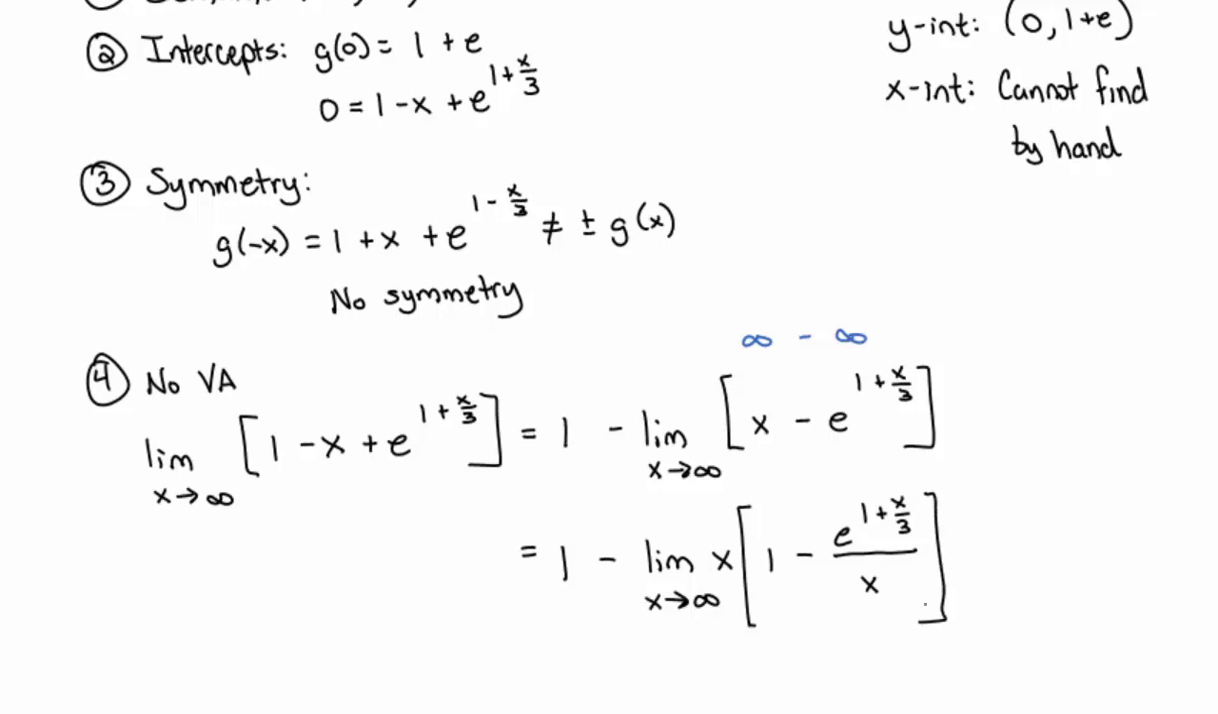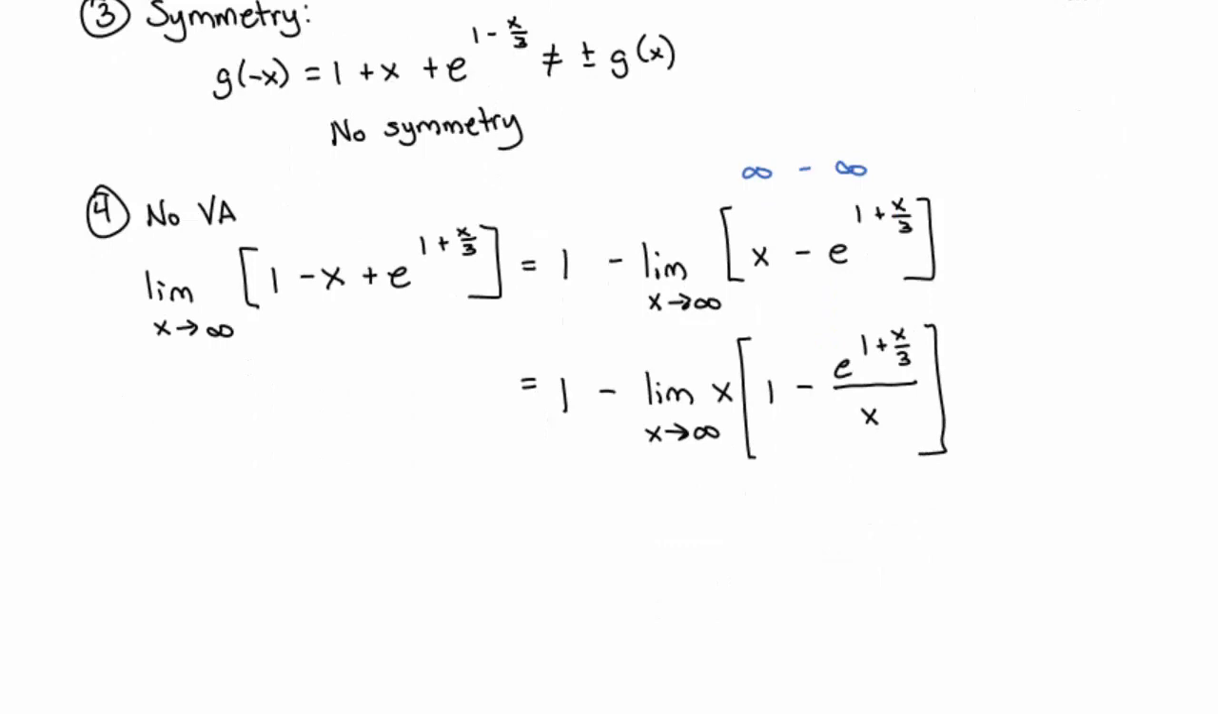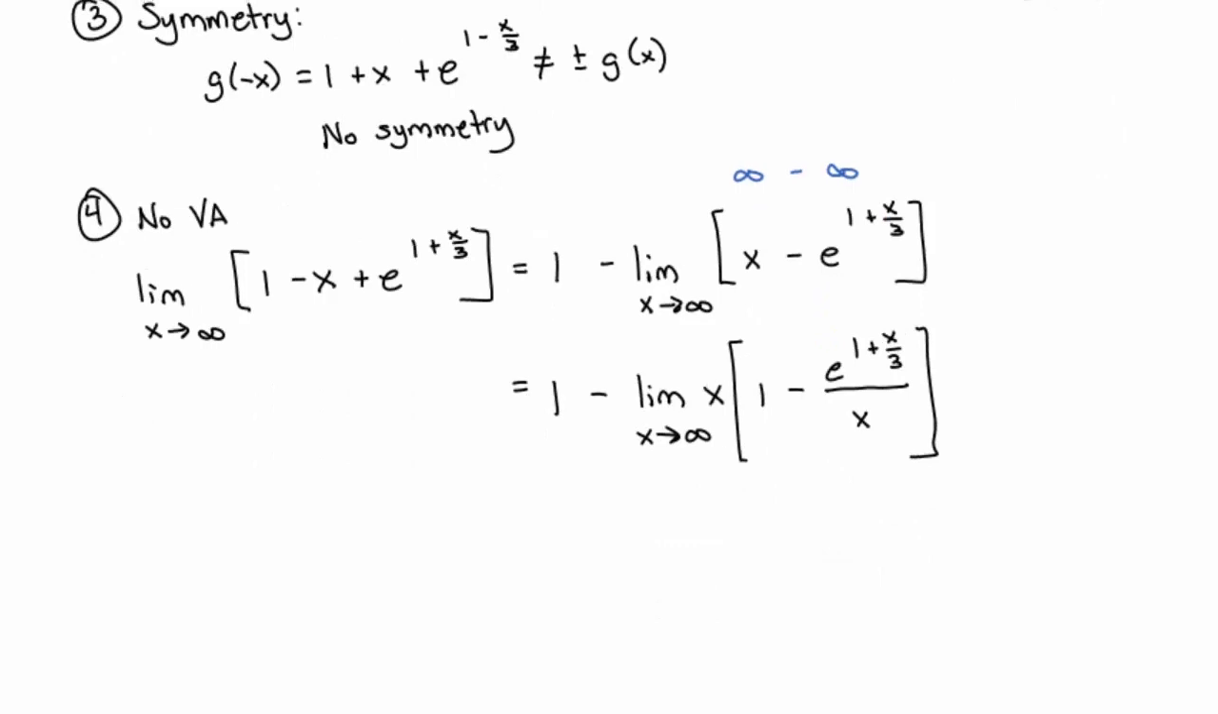Now, I also want to mention that I'm not splitting this limit. I'm going to evaluate the limit as x goes to infinity of the product of these two functions. However, I am going to look at the limit as x goes to infinity of (1 minus e to the (1 plus x)/3) over x. I want to see what that tends to. I know what x tends to. That first factor will tend to infinity, but I need to know what the second factor tends to. So as an aside,